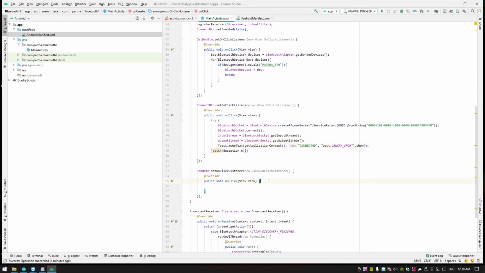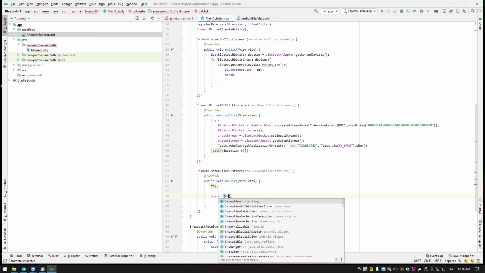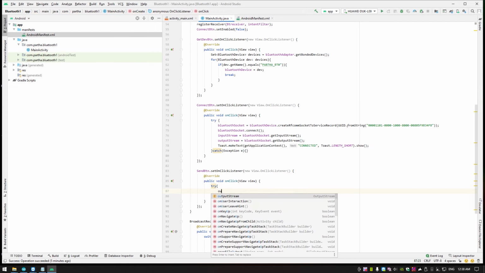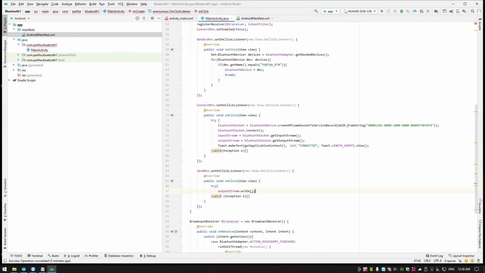So now, if you want to send something, what you have to do? Let's create a try catch for this. You have to call Bluetooth socket output stream dot write. It always reads and writes in byte array.